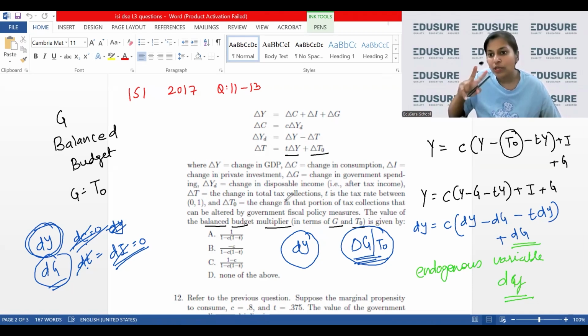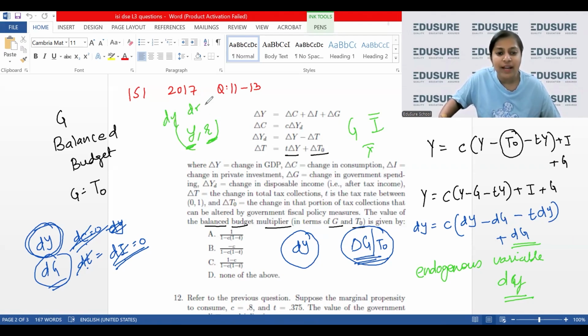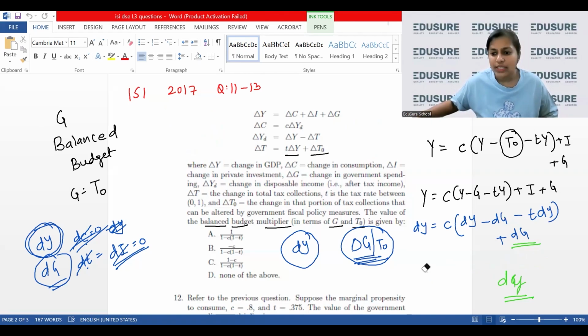But in IS-LM, there are 2 endogenous variables, Y and r. So when any external variable changes, let's say G changes or I bar changes or X bar changes, both of them being endogenous, both of them will have their changes as positive. dY and dr will be positive. And everything else will be constant. So all the endogenous variables and whatever is the external change, only those will be positive because only they will have change. So you have to see which all will have change. Endogenous variables are going to be positive, the change in them will be positive. And the external variable which has changed, that will be positive. So in this case, the only endogenous variable is Y. So only that is going to change.